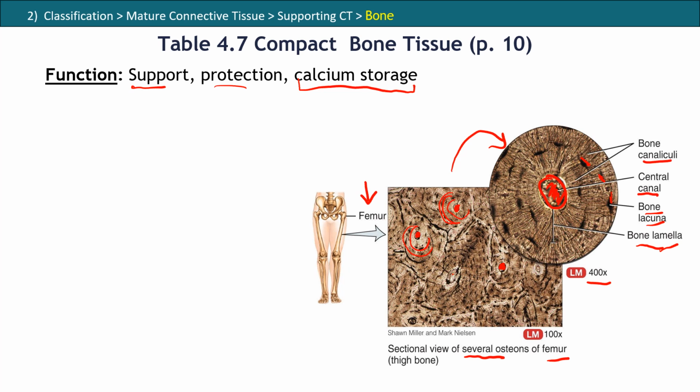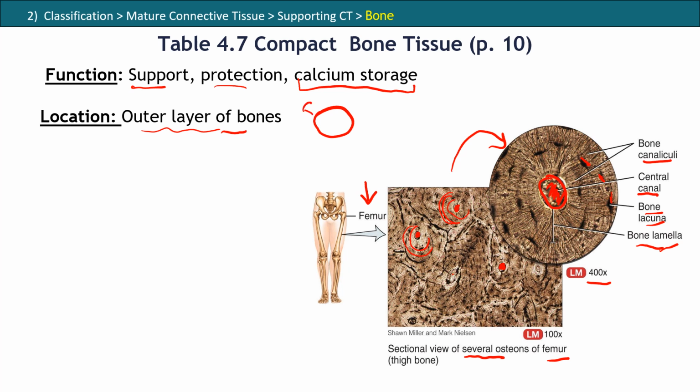So there is a lot of calcium there. And in future chapters, we will show you how bones are repaired and how you can remove all the calcium from there. The location of this compact bone will be the outer layer of bones. So if you remember, if this is a section of a bone, you will have here the